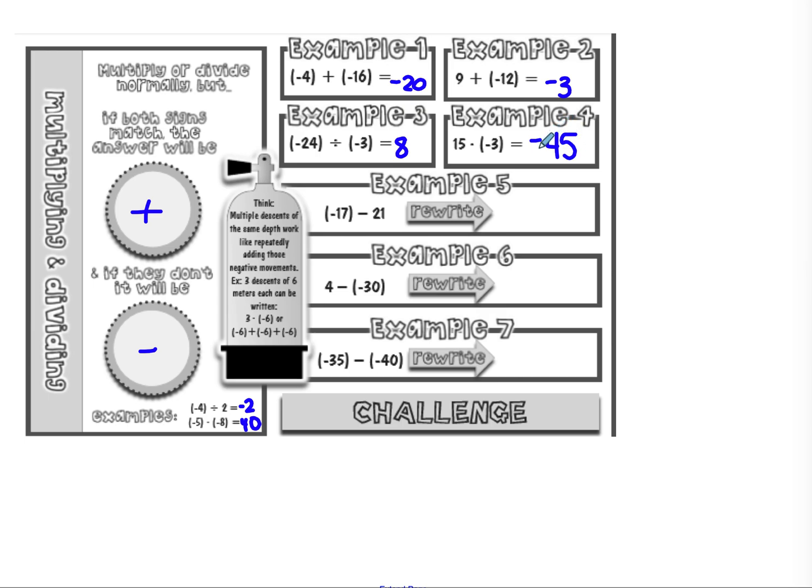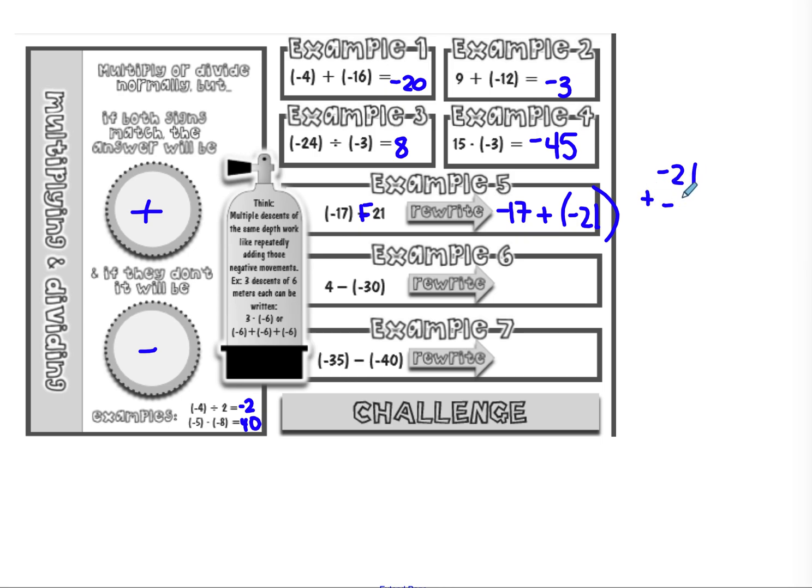All right, and then let's see, example 5. I've got some subtraction problems for these next ones. So we're going to start by rewriting it as addition, and then we'll write in our correct answer. So -17 minus 21. I do boom, change to addition, and boom, change the sign. I now have -17 plus a -21. Now, I've got 2-digit numbers here, so I'm going to actually go ahead and rewrite it vertically,